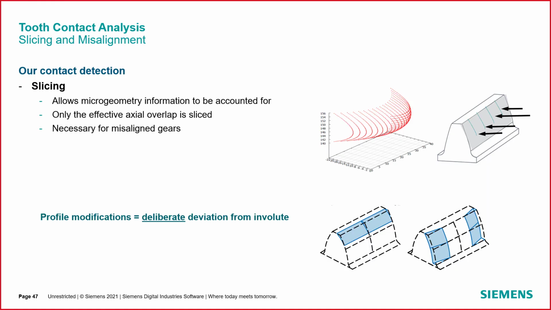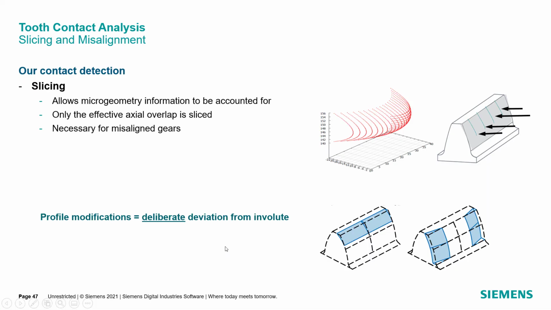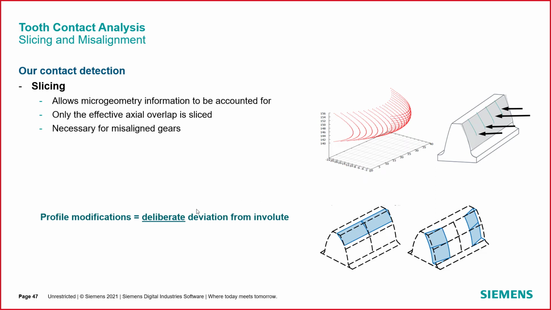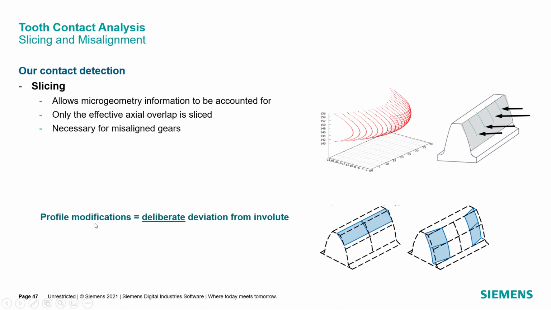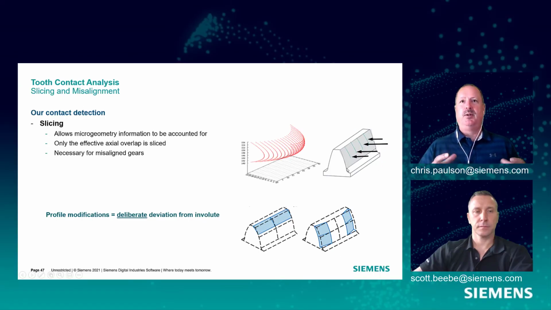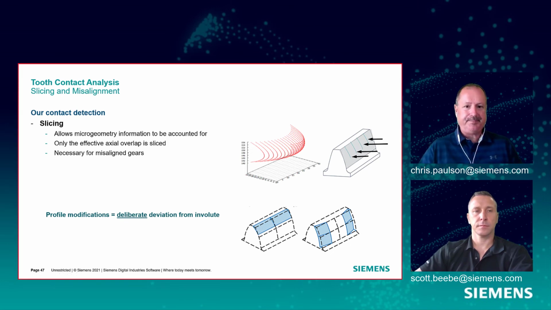Now, what are some other things we have to take into account? If your shafts never deform and your gears never wobble or bend and just stay perfectly planar, which only happens in the simulation world and never in the real world, we want to take into account slicing. So in our empirical model, you specify how many slices of the gear tooth, and then we'll calculate the force distribution through the tooth, and we can take into account how one side of the gear tooth is going to get loaded higher than the other when we start to have misalignments.